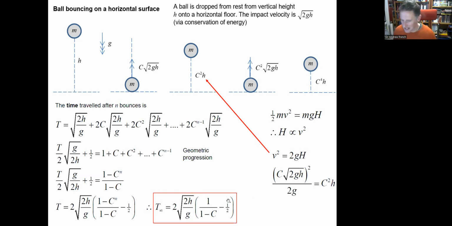And a really nice thing to do is to work out the coefficient of restitution for your given ball, or basketball, tennis ball, etc., from the time it takes to bounce. So if you drop a ball from, say, a meter, use a stopwatch to find how long it takes to bounce, rearrange this formula, and you've got the coefficient of restitution. So that's a really good experiment to do. I probably would measure it 4 or 5 times and take an average, but that's a pretty good way of working out the speed of separation over the speed of approach.